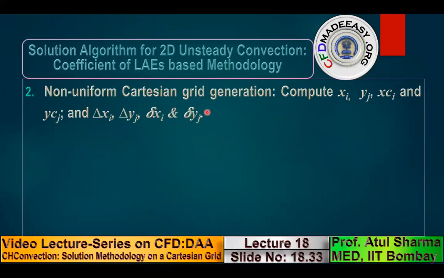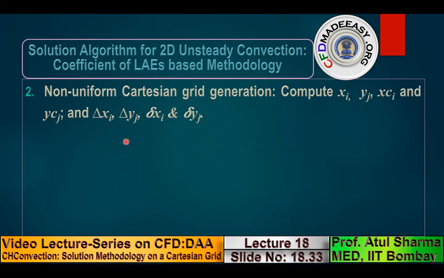For a non-uniform grid generation, note that now your coordinates are not in a uniform grid. You only had a single geometrical parameter delta x, delta y, but in a non-uniform grid generation, first you compute the x coordinate. Basically, in a non-uniform grid, you have non-uniformly spaced vertical lines. The x coordinate varies in the I direction. Between any two vertical lines, the x coordinate is constant. So the x coordinate of any vertical line varies in the x direction, and the y coordinate of all the horizontal lines varies in the y direction.